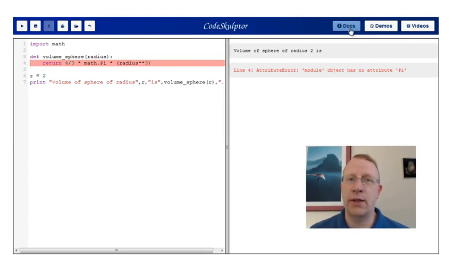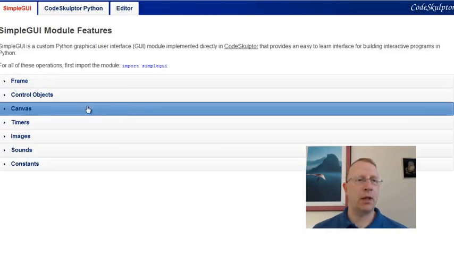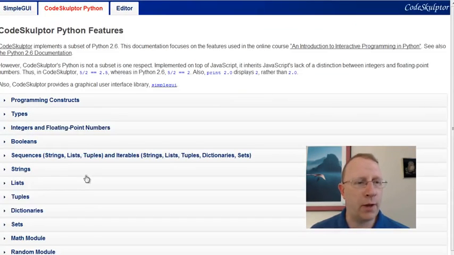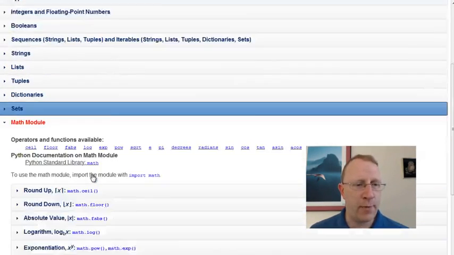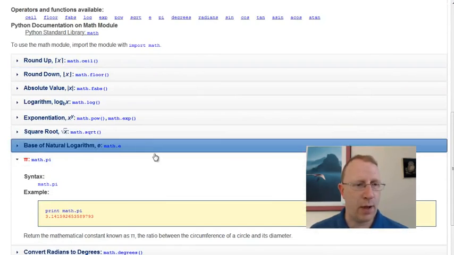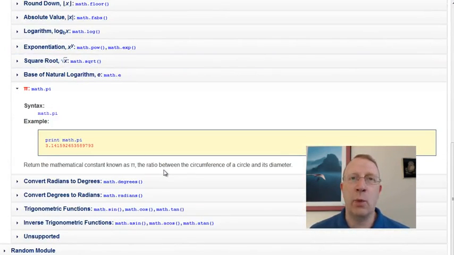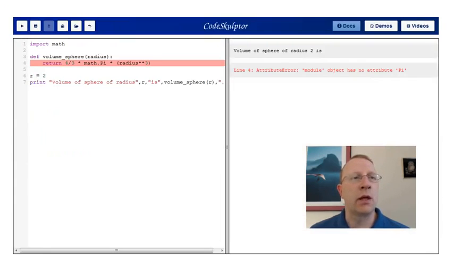Well, let's go look at the documentation here. Okay, so we'll go to CodeSculptor Python, scroll down to the math module and math.pi, and we can see that what happened is I misspelled pi. It's not supposed to be capitalized. So I can go back to my code and change that,